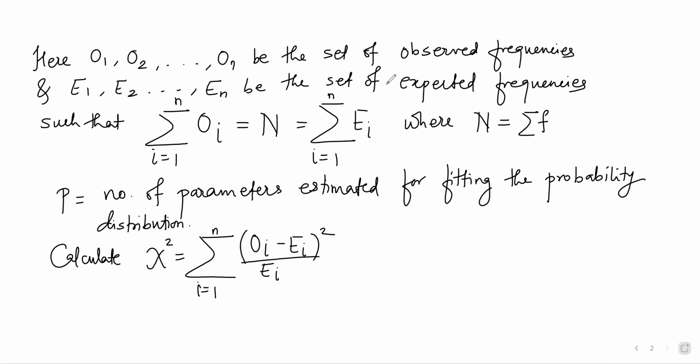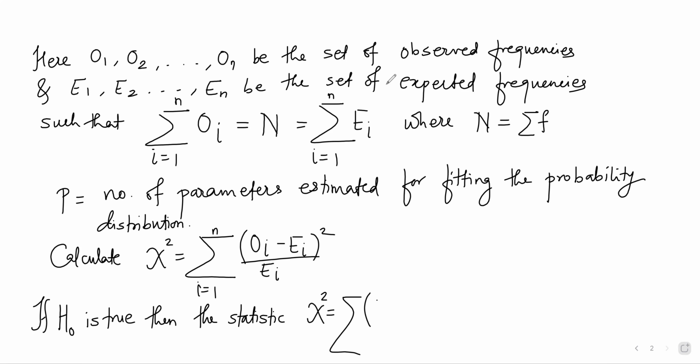So if H0 is true, then the chi-square statistic, that is this value, chi-square equal to summation of (Oi minus Ei) whole square by Ei, has a chi-square distribution